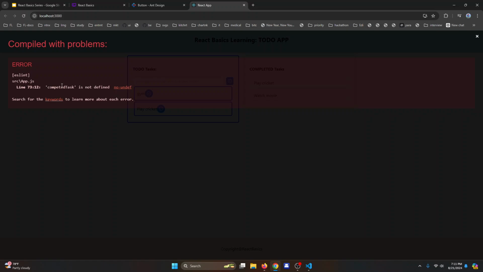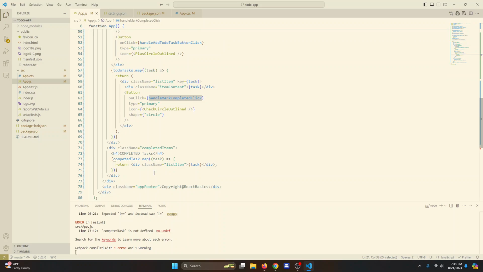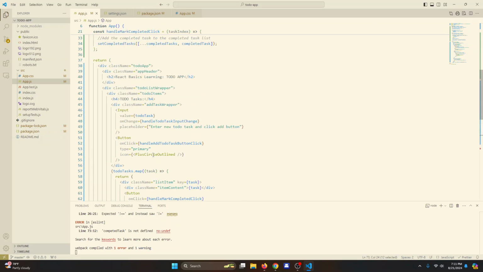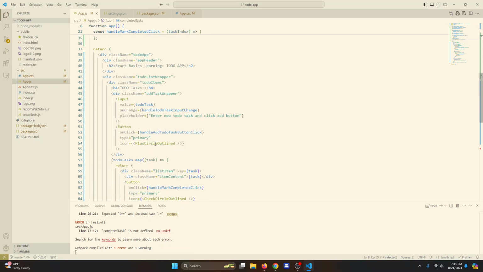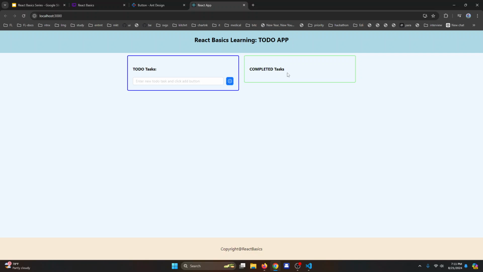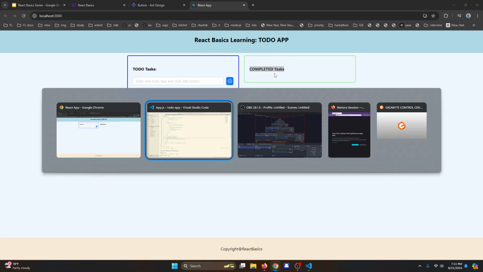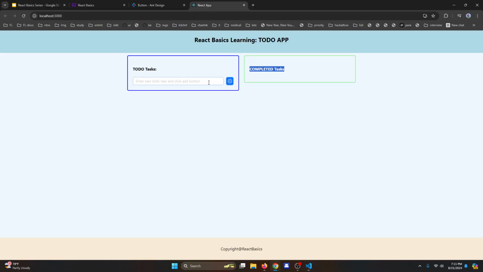So it says completed task is not defined. Let's go back and see what is completed task. So here we are iterating over the completed task, but we removed that variable and made it completed tasks. So let's go back and get rid of this particular variable and replace it with completed tasks. So as you can see, now we don't have anything in completed task list because we initialized it with an empty array here in the useState, and we have empty to do tasks as well, that is also initialized as an empty array. Once we start adding new tasks, so let's add a new task,